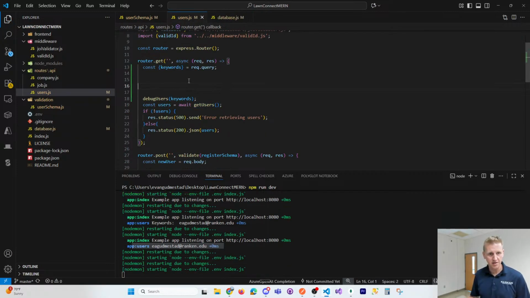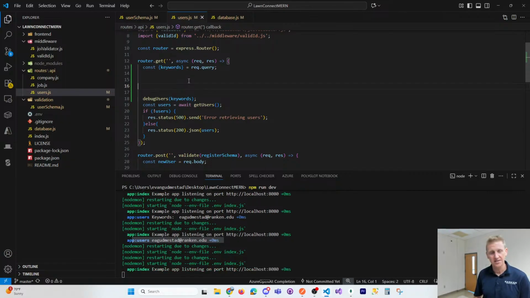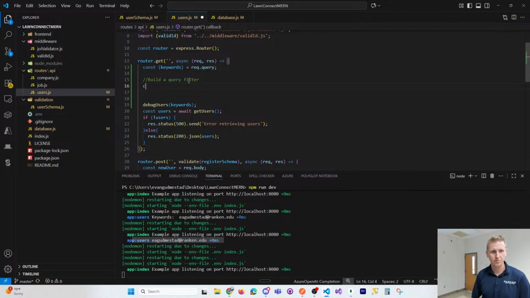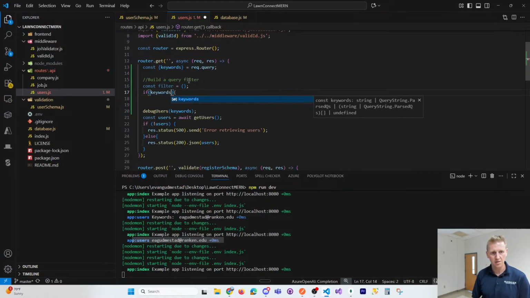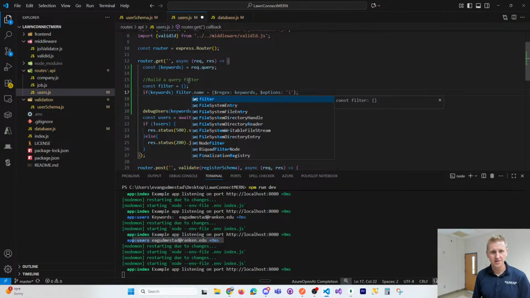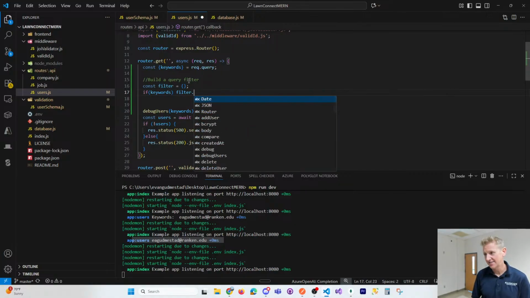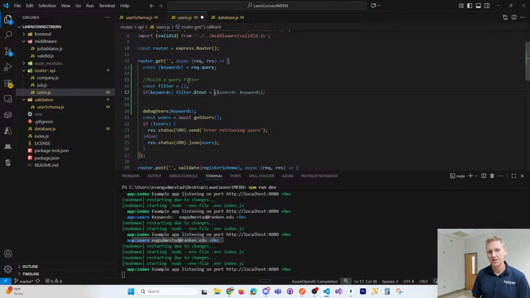And so over here, I'll make an empty filter object. And I'm going to say if keywords, then set the filter object dot $text equal to